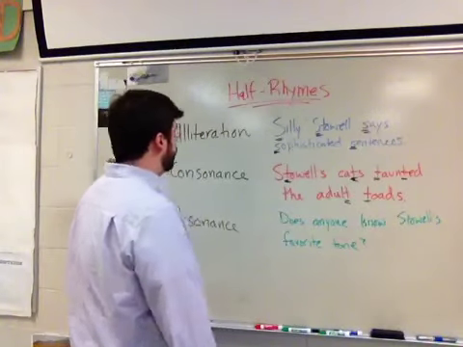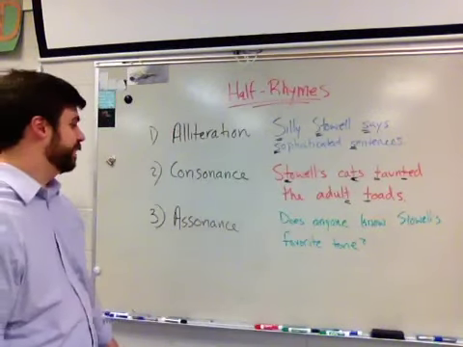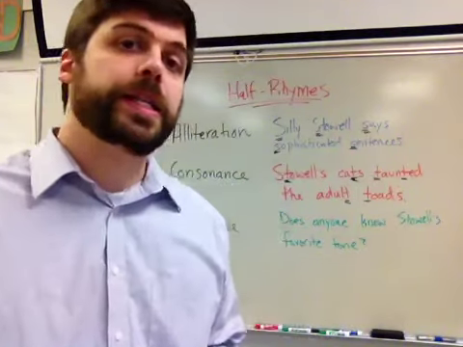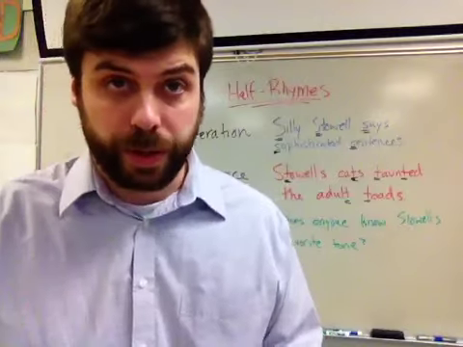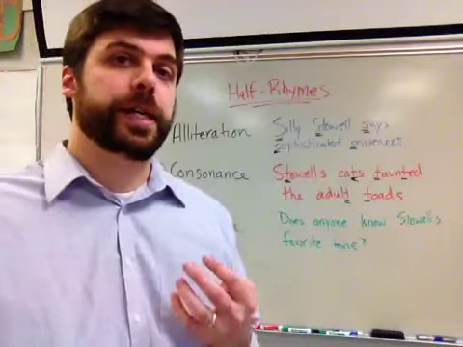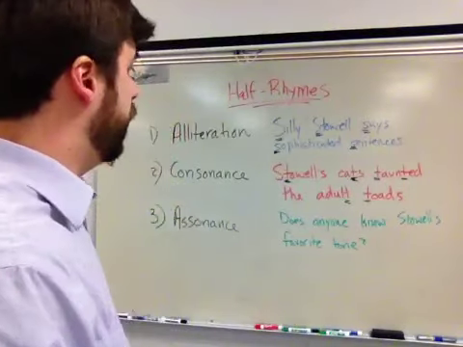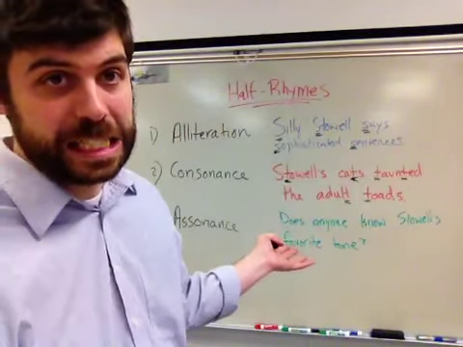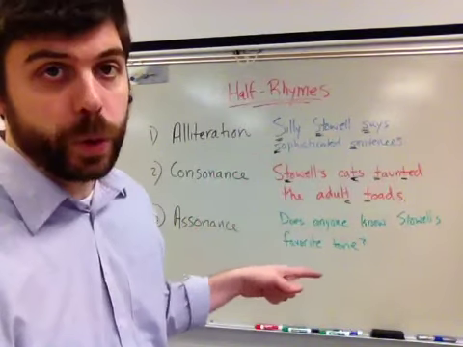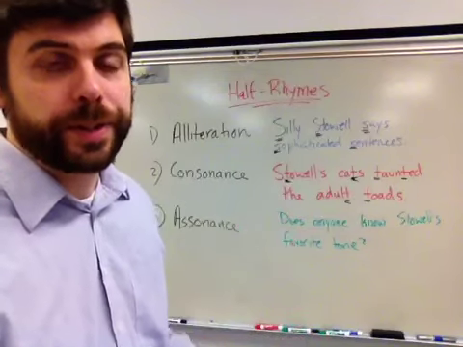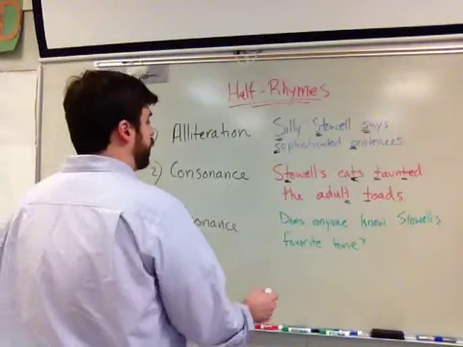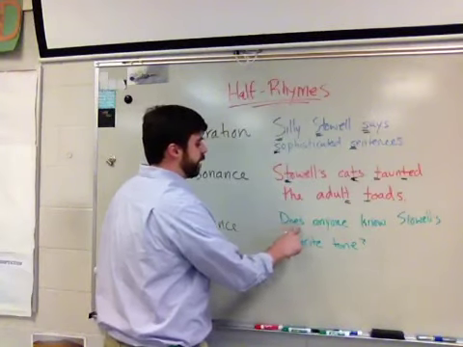Okay. So finally, assonance. Assonance is just like the other two, but the repeating sound is a vowel sound in the middle or end of words. Now it has to be a vowel sound that has different consonant sounds. So try to figure out what the assonance is in this sentence. Does anyone know Stole's favorite tone? You guessed it. It's the O sound. The long O sound. Now it's not "does," because that doesn't have a long O sound.